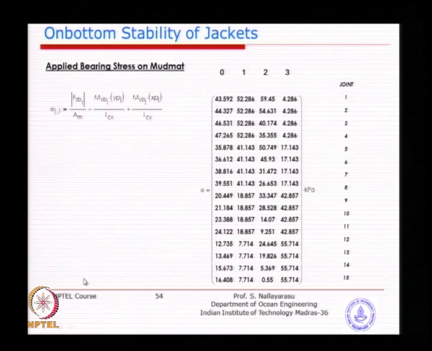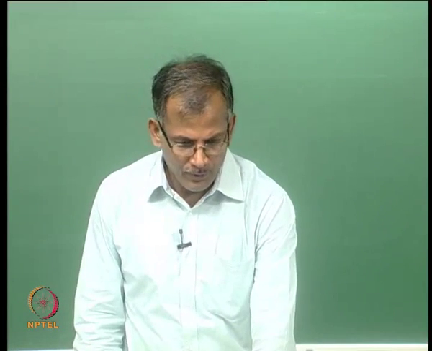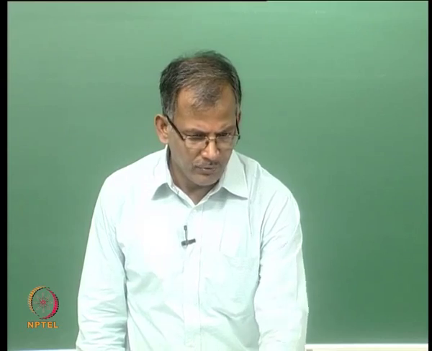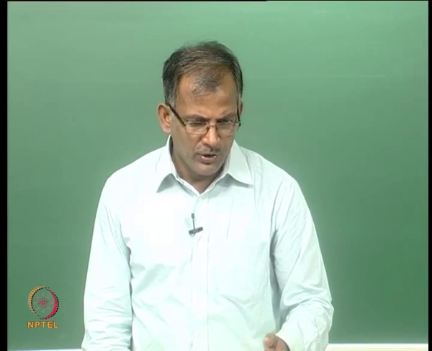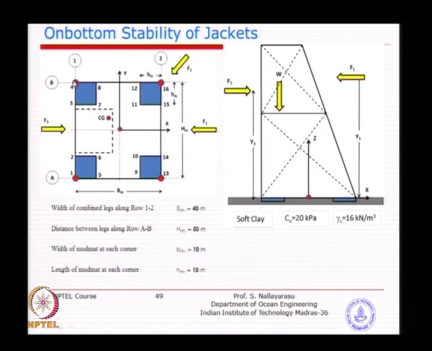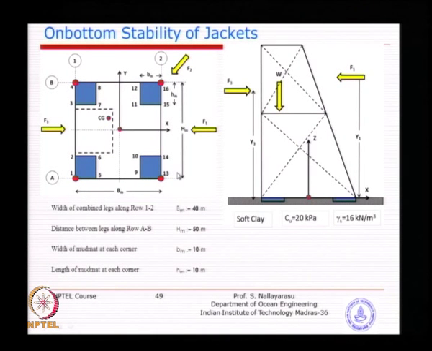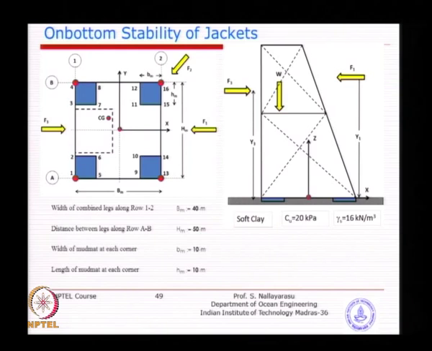So, once you get the bearing pressure, the first thing you need to find out is whether any point is having negative bearing pressure. Though we do not actually need to find out all of the points, because we know which point is going to be critical, you just find that out and then find the factor of safety. But it is obvious that you better look at all the points and see whether any negative pressure is coming. If negative pressure is coming, for example, in point number 1 or point number 13, then some of the areas are not effectively participating in the system. So you have to detect that area and adjust it.